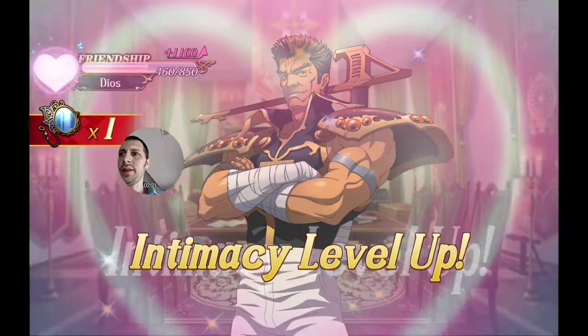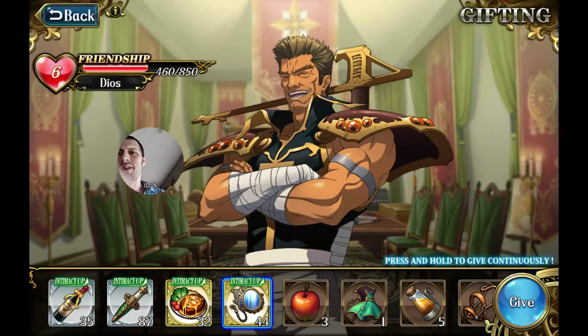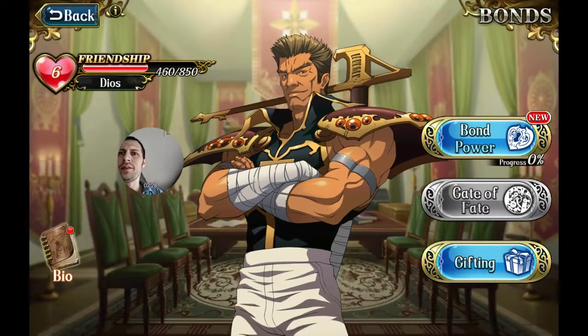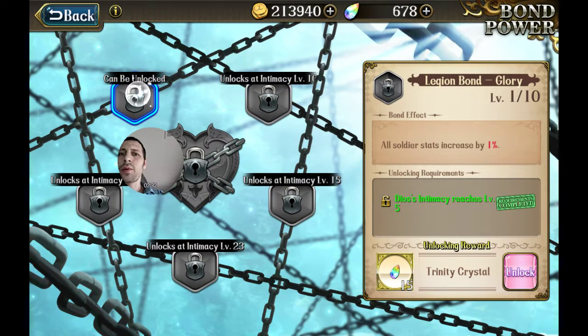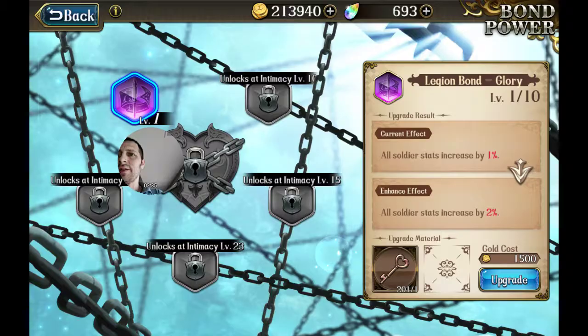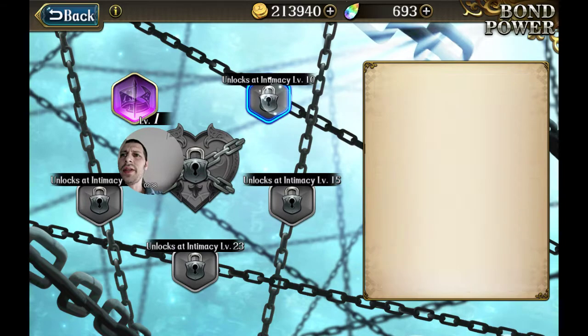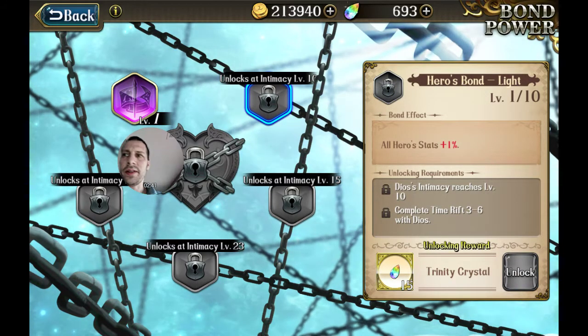They're easy to level up. I think you only need to go to 5 or 6. I've been taking them up to 10. Let's see with this guy real quick. Then we just go to bond power, and of course you get to unlock some crystals every time you do this. So yeah, if you can get them to intimacy level 10, you're gonna get 1% to the hero stats,